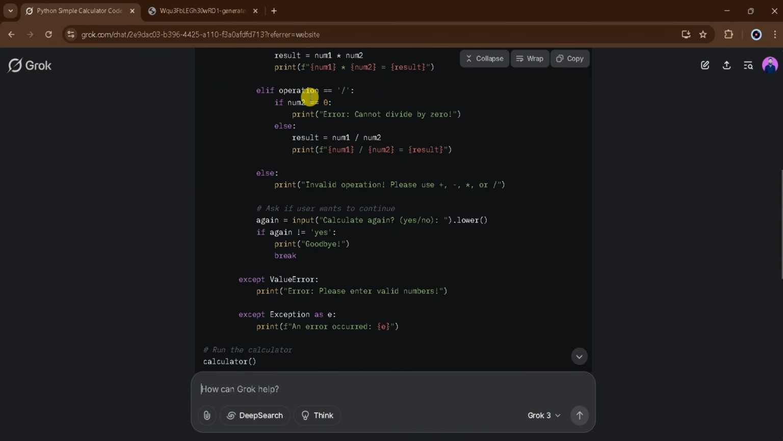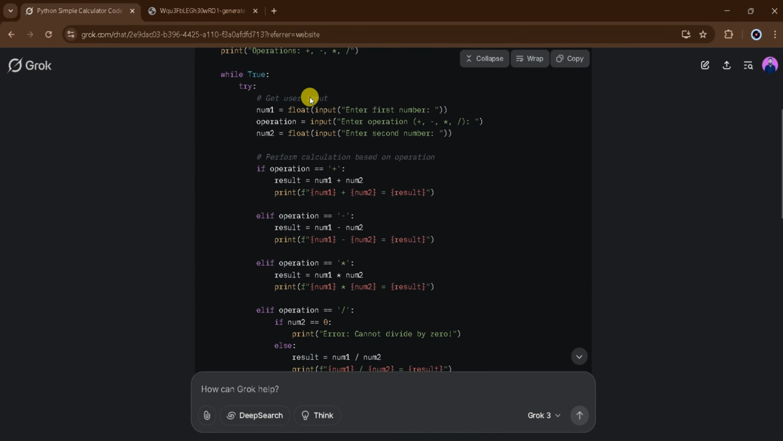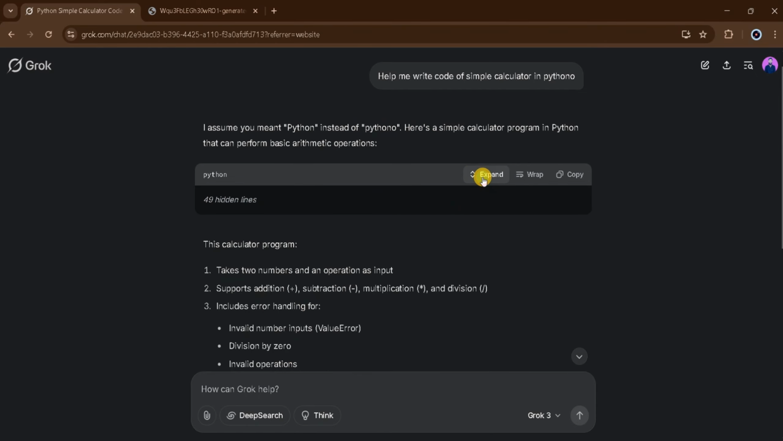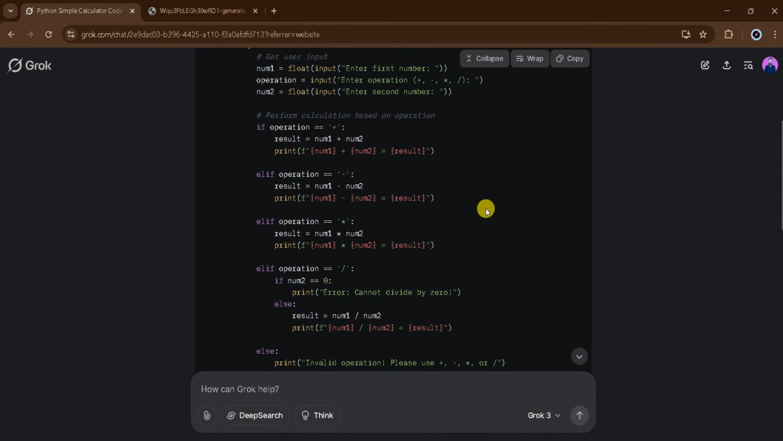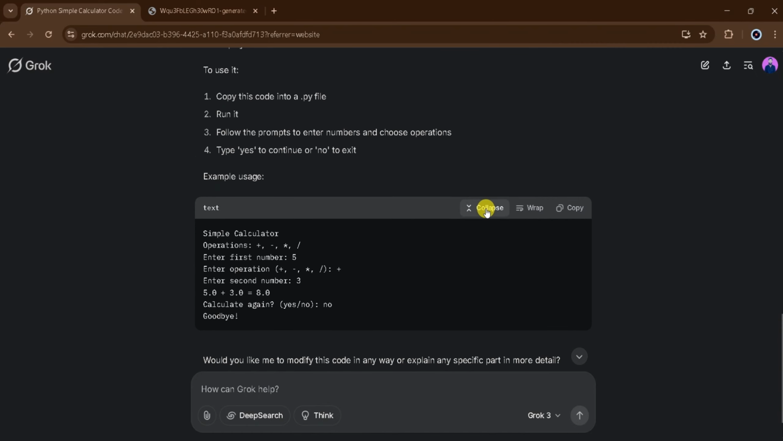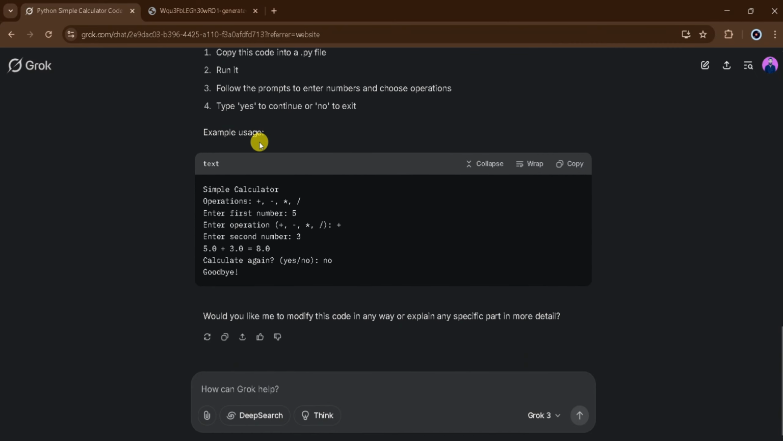We can use this code anywhere we want. We can also generate different codes. Here we see the full code for a simple calculator, and basic operations are also shown. And at the end, we can see an example. Next, we want a website. Let's type